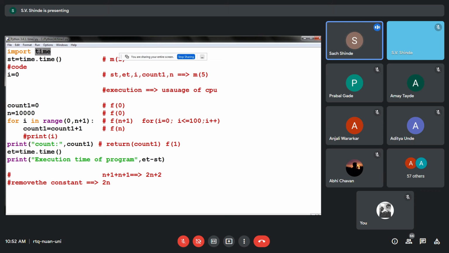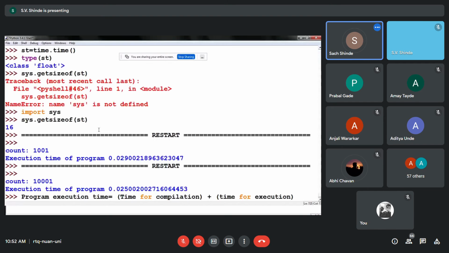Therefore, it takes a lesser amount of time for the new version of the program to run. So even though over here it was 0.29 and over here it is 0.25, this difference is due to reduction in the compile time. It was there in the memory, no need to load it. Everyone getting?